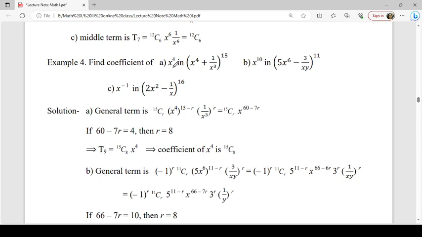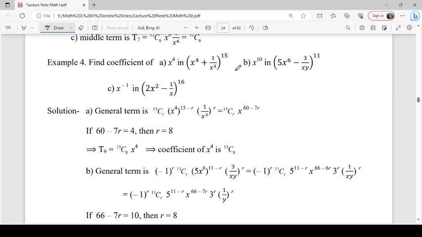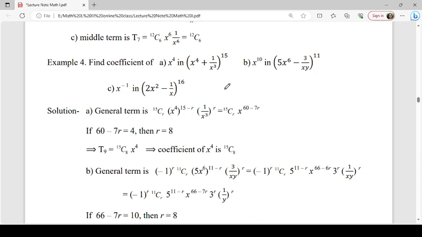Then it is for x to the power 4, here you see x to the power 4. So for this type of problems we write the general term. General term is T(r+1), and the T(r+1) formula is nCr, so it is 15, n is